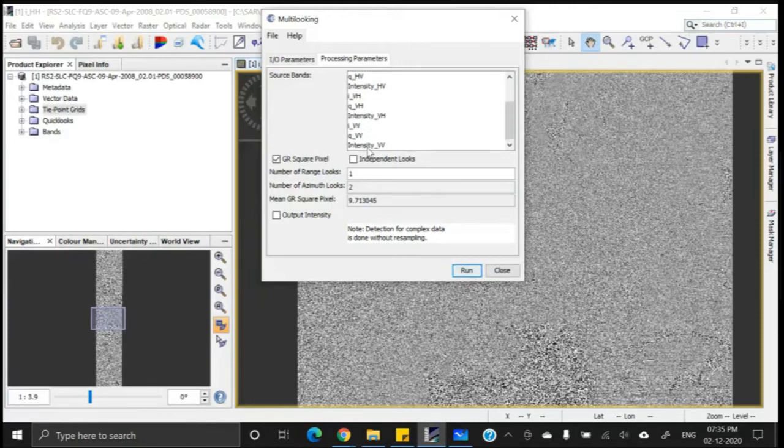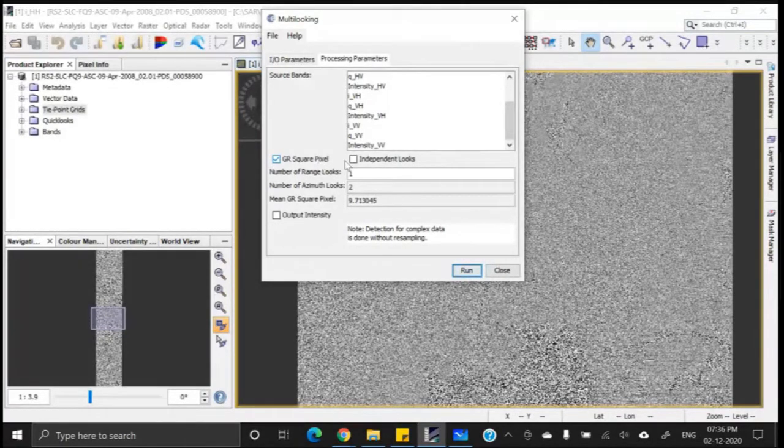What is multi-look processing? We have discussed it theoretically earlier. Then it will be converted into ground range square pixel. That means multi-look processing will reduce the speckle effect, first of all, as we have discussed theoretically. And also, this slant range image will be converted into ground range image.